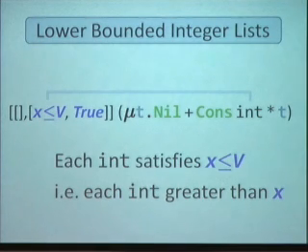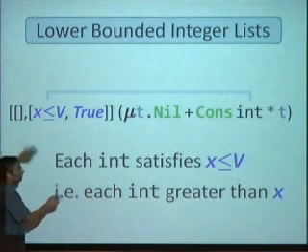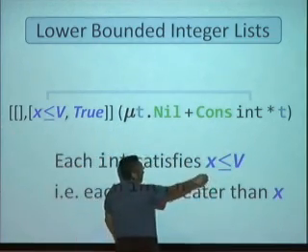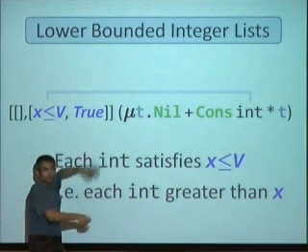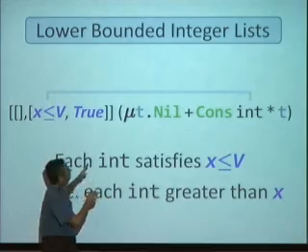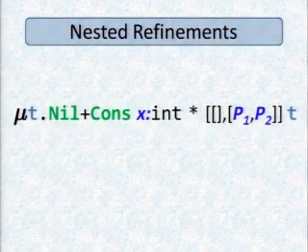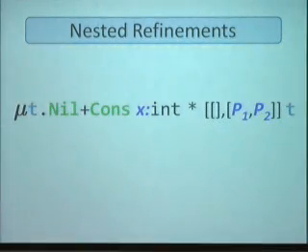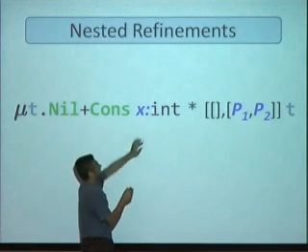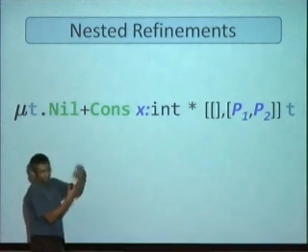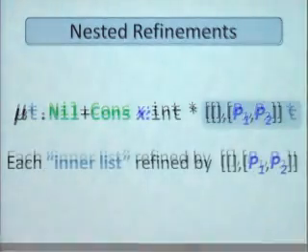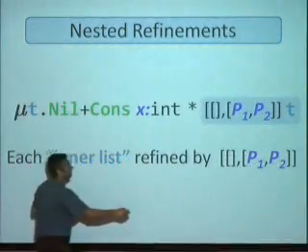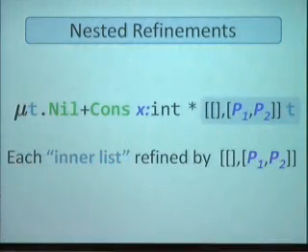Now here's the trick. I can either apply this matrix to the entire recursive type, or I can take this whole matrix and apply it to t, because t is also this entire recursive type. It's a fixed point, so t actually refers to this whole thing. So let's see what happens if I take P1, P2 and apply it to the t over there. And in this dependent style, I'm also going to name the head. Imagine that each head element is called x, like a product. So now every time I construct a list, each inner list is refined by this matrix with P1 and P2.